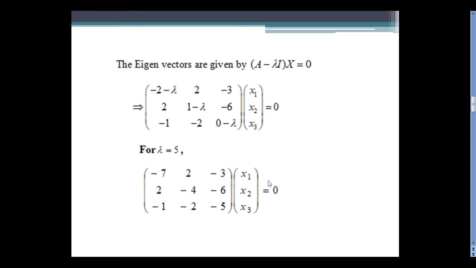Before going on to cross multiplication method, we have to take any two different equations. So what are the equations? Don't take these similar equations. Let us take the first equation: minus 7 into x1 plus 2 into x2 minus 3 into x3. This is one equation. Before multiplying, look at the matrix, all the values are different. You compare the first equation with the second equation: minus 7, 2, 2, minus 4, minus 3, 6. So this equation is different from the second equation. We can apply cross multiplication method.